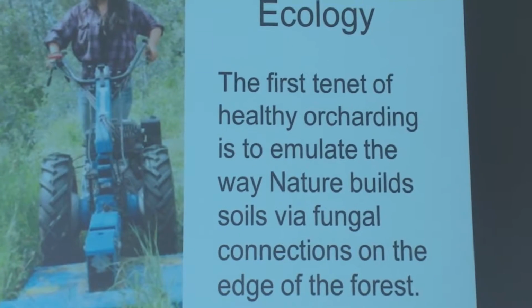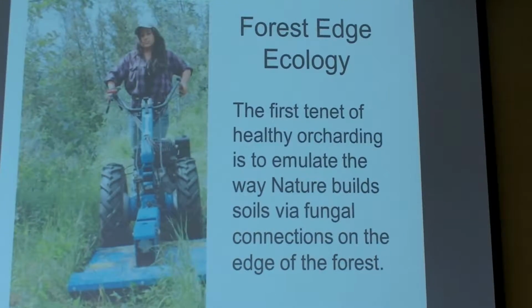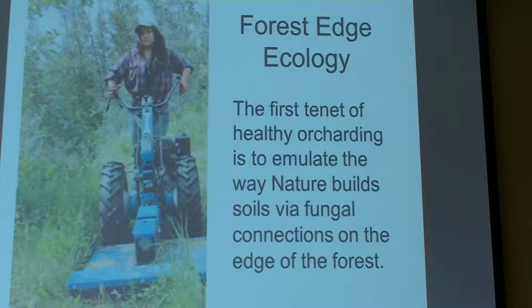So I brought up the idea of forest edge ecology. This picture is so not forest edge. This is my daughter, Gracie. When you write a book, you want a picture of certain things, and you like to rotate who's in the picture. You don't just want your picture there all the time. And this looks like my daughter, Gracie, knows how to handle the BCS mower. She's never mown. I had to take like 60 pictures so she could find one that she would approve of. Has nothing to do with forest edge ecology, but that's the point. I'm making it forest edge-like in the soil ecosystem under my trees. And you're going to remember it because of Gracie's photo.